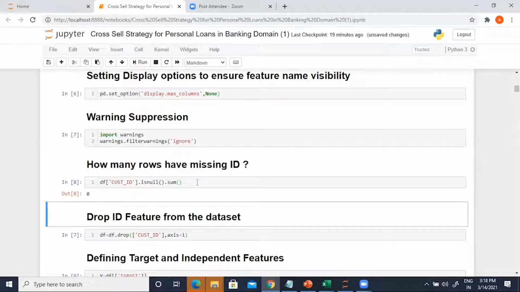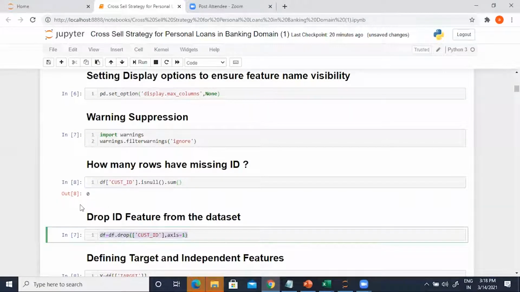However, customer ID as a variable is nothing but an identifier of the row, right? Because the data is at a customer level, every row will have an ID. Now, can anybody tell me why ID needs to be dropped from the data set right away? Yeah, the ID variable, not the null value. Drop the ID feature from the data set. This is the step that I'm talking about. Why am I dropping the customer ID feature?